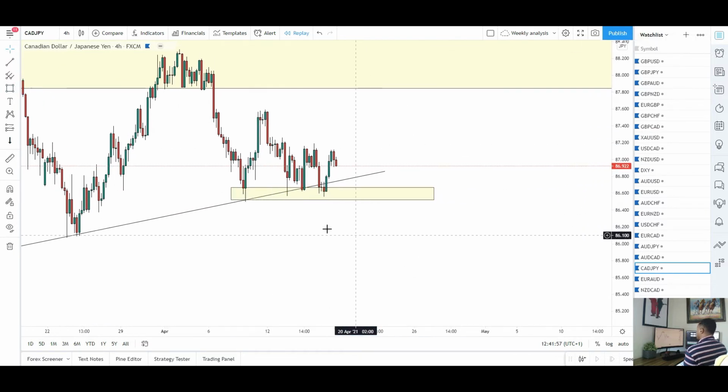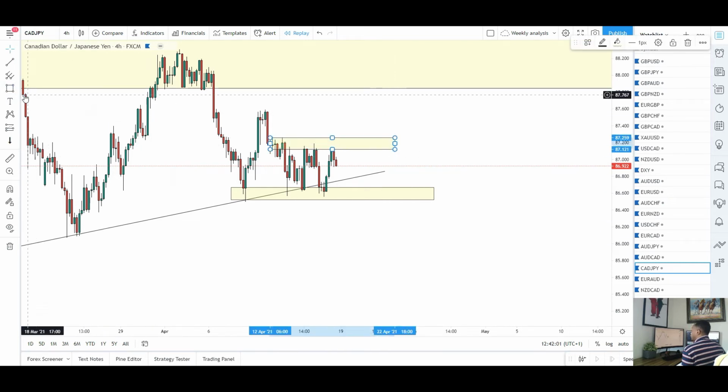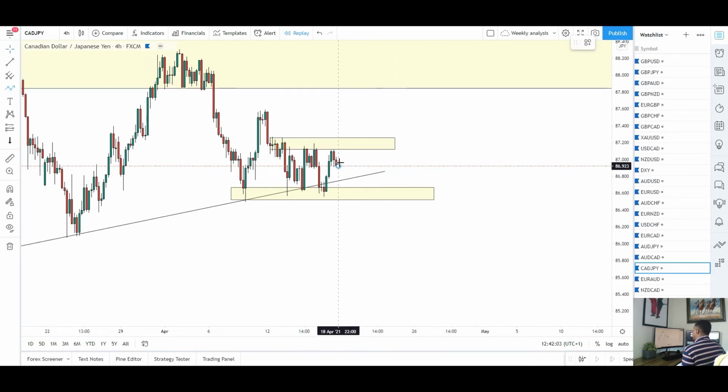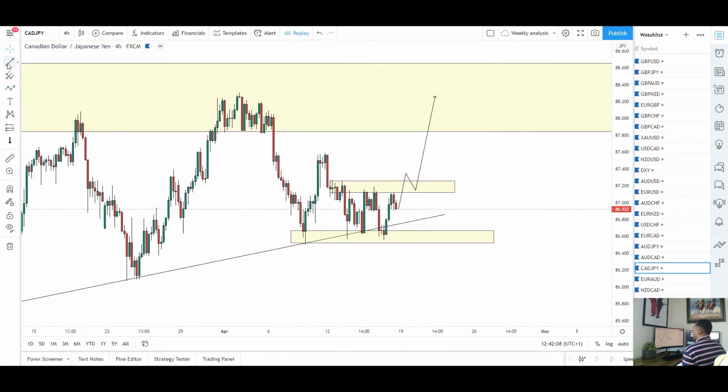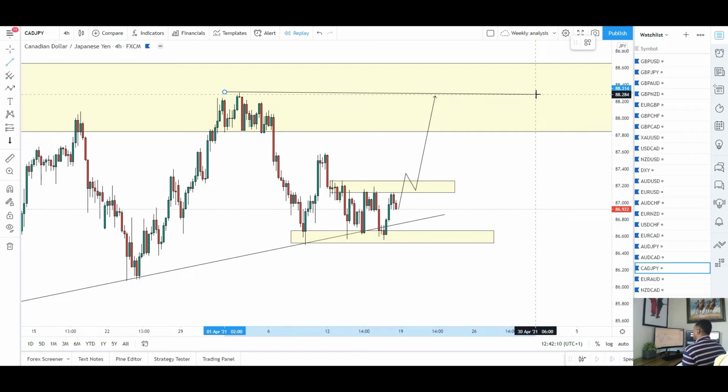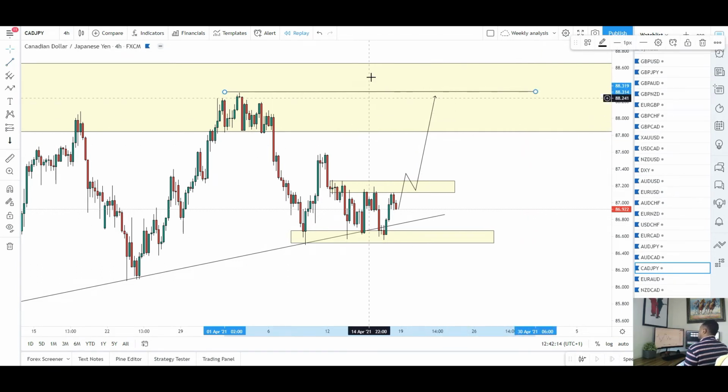trying to break through that support. So I do think if we clear this area here in the market, we'll probably see a little bit of a continuation back to the highs, back into 88, and that should probably give us either a retest of this high or a new high. Again, this area is a weekly resistance, so there's a lot of range between that area, so we can still move into this area of resistance on the weekly